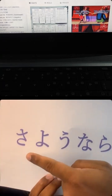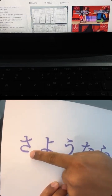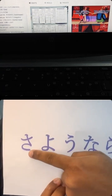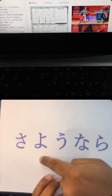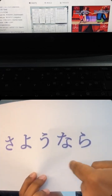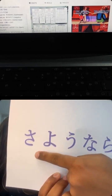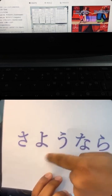You have to imagine that every character represents something in the English alphabet. This, for example, is sa. Sayonara goes with S-A, which is for sa. Yo can be written as Y-O, yo. Na can be written as N-A. And ra as R-A. Sayonara. So you can start by mixing some English with Japanese characters. In the beginning, once you remember sayonara or the hiragana script, you can move on